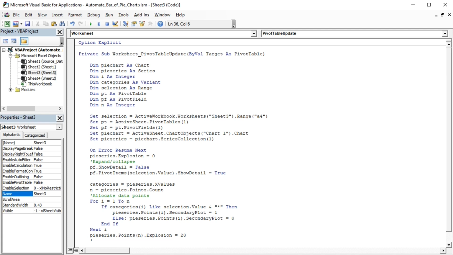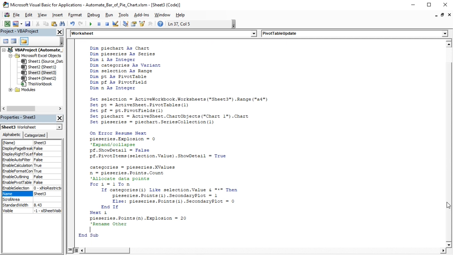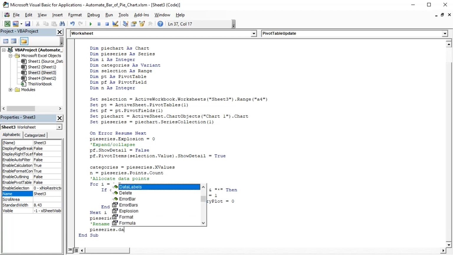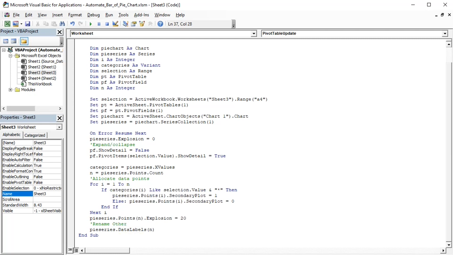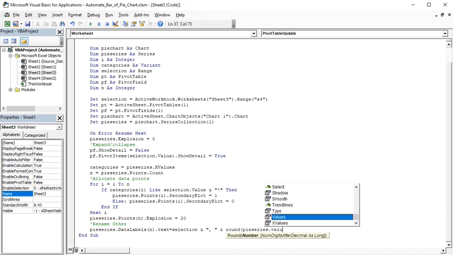So I will type that the text of the data label of the last point has to include selection, which is the value in cell A4 on sheet 3, joined with comma and space as separators, and the rounded result using function round of the value of this point divided by